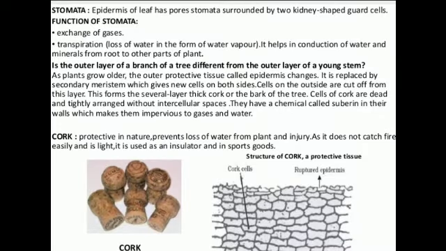Okay, that is known as stomata, and these pores help in transpiration and exchange of gases. See, for photosynthesis, they need carbon dioxide and they release oxygen. So that exchange of gases, oxygen and carbon dioxide, takes place with the help of stomata. In roots, it helps in water absorption. Clear?